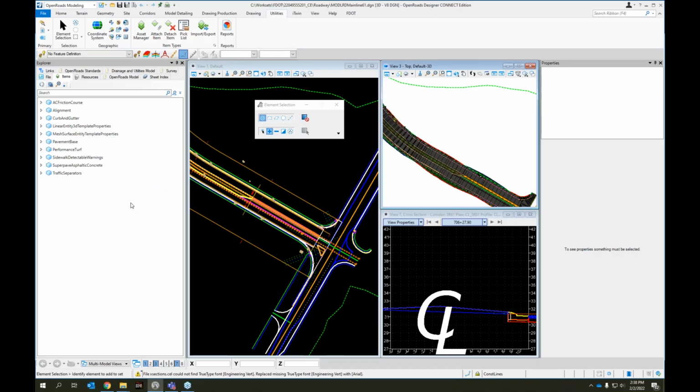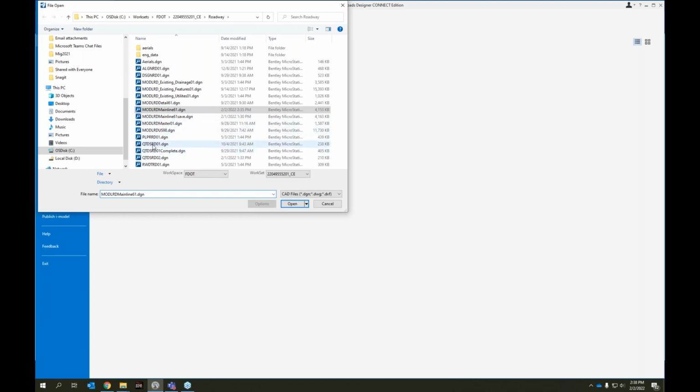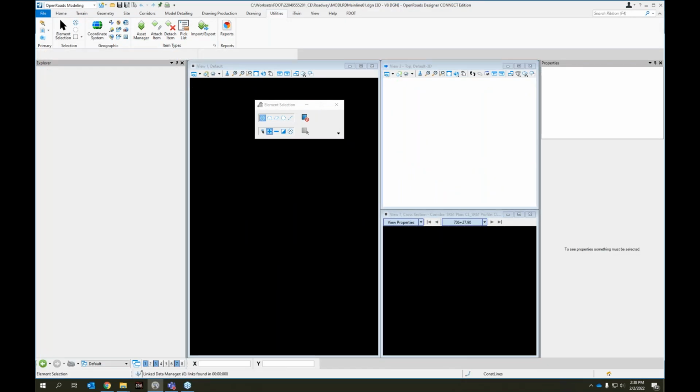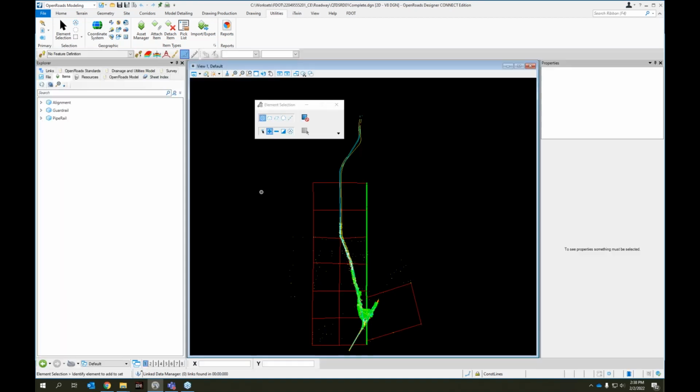Let's see. One more thing I want to point out, and I'll see if I can open the QTD SRD, which is the 2D for this project, just so that I can demonstrate. As you are going through and updating and QCing existing projects that are moving forward into these new maintenance releases, in case you have a pay item that's updated or something changes from one maintenance release to the next, the easiest way to